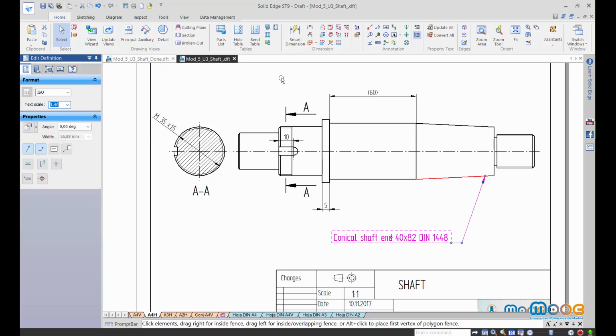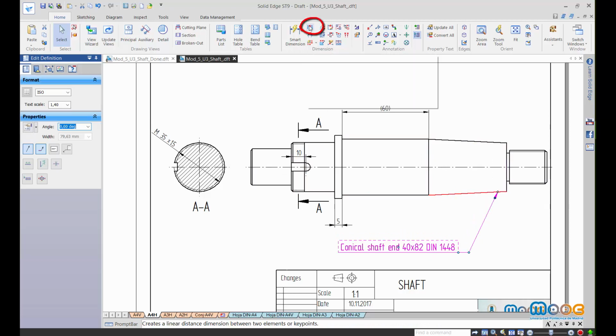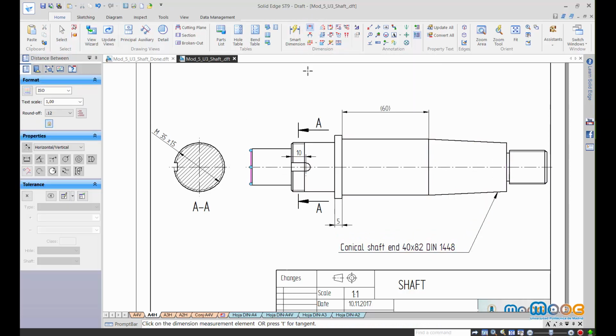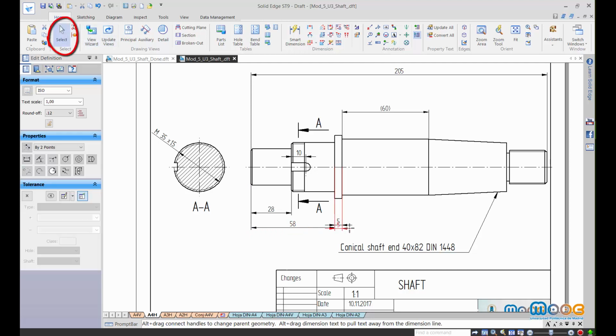We begin with the total length of the shaft from one side to the other side. For the length of the left of the shaft, we right-click to begin a new measurement, 28, and without clicking we obtain a second dimension. We can move it to make a more visible layout of the dimensions, and we follow setting dimensions. In this case, the length of the threaded zone, 9 millimeters.